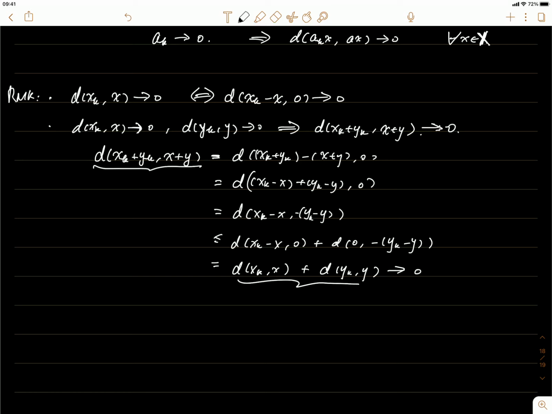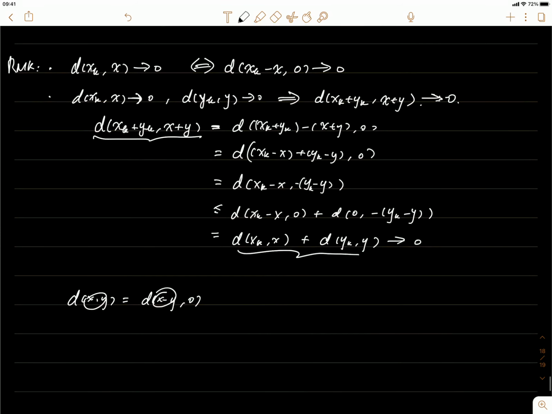Okay, so now you can see that the metric D here is more flexible. We can always measure the distance of two vectors by taking their difference and measuring the distance of it to 0. Like this, if I have x and y, it's always equal to d of x minus y, 0. So it turns out that how to measure the distance of the two only relies on how far their difference is from 0. So I'm going to define